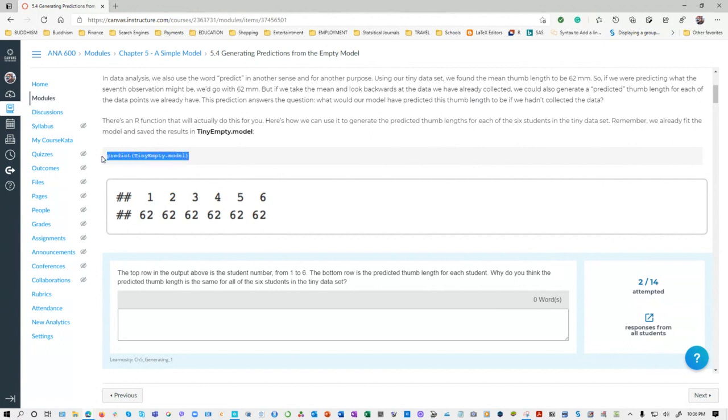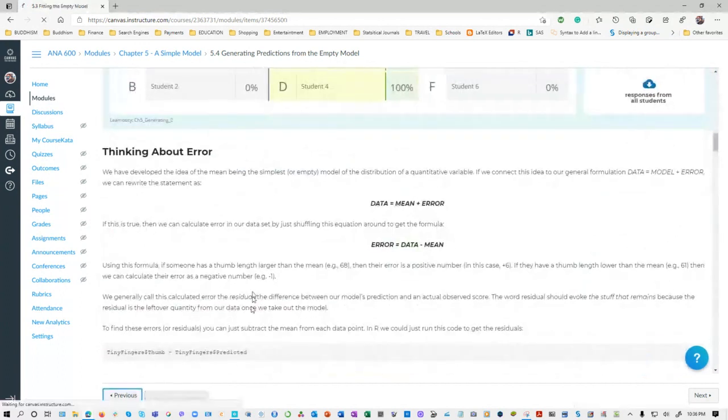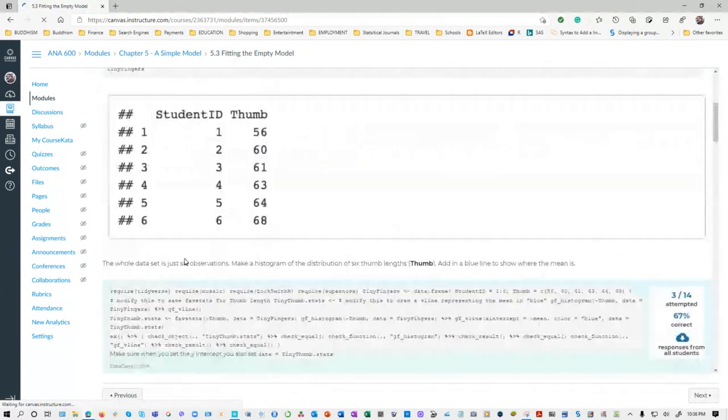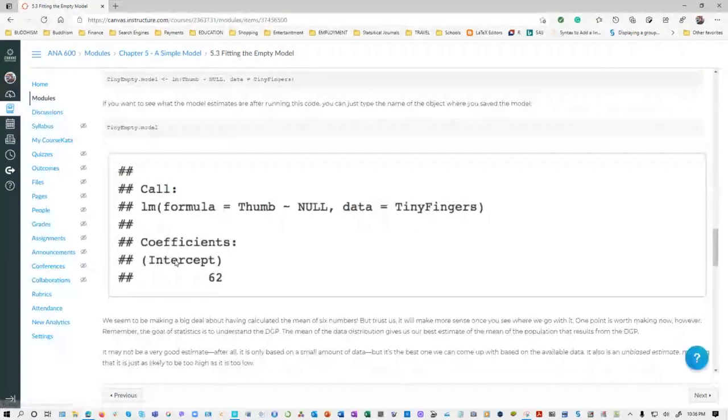How do you get that one? By using this function, predict tiny empty data. This is the name of the model. You can remember when you run the model, you have assigned it to